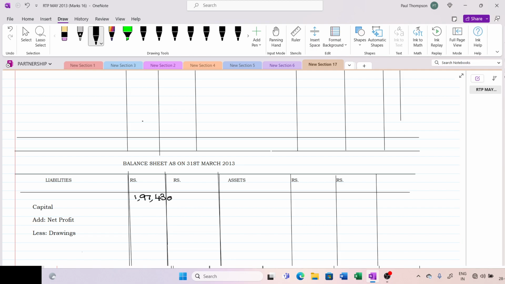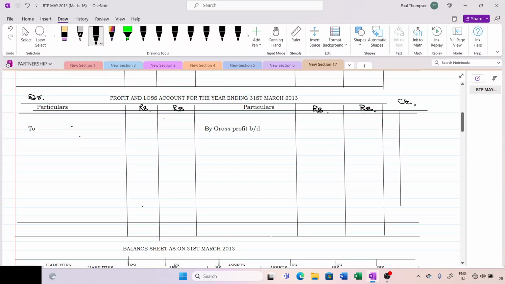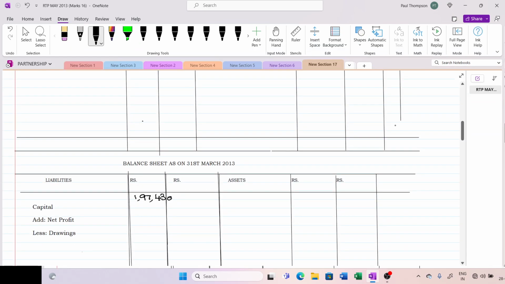Okay. So all the items of the credit side I have put. Now they have given the opening balance of furniture. Why am I writing this? Because there is no addition or sale. So only depreciation we have to reduce. Okay. Furniture